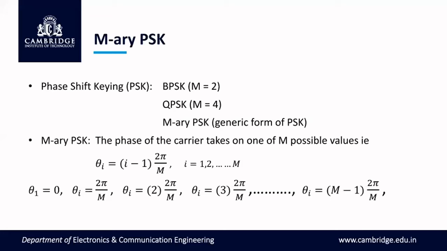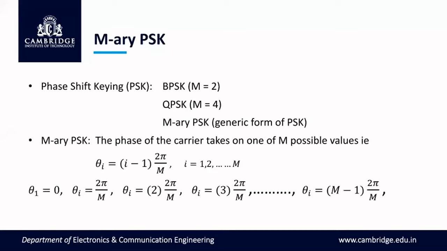Whereas in MPSK, one carrier signal in the duration of 0 to capital T carries M number of possible symbols. Okay, M number of possible symbols. Look at BPSK. BPSK carries 1 bit. QPSK carries 2 bits, right? So for 4 different symbols, the bit pattern is 00, 01, 10, 11. So by taking 2 bits of binary, we made 4 symbols.